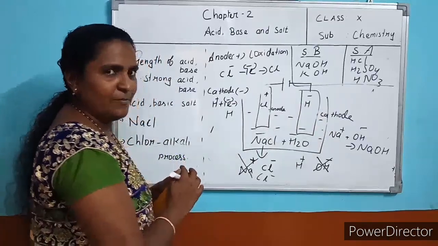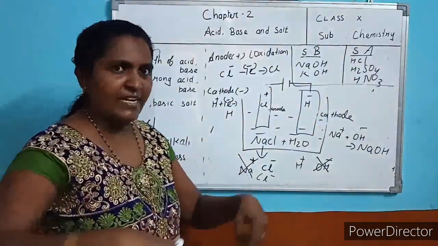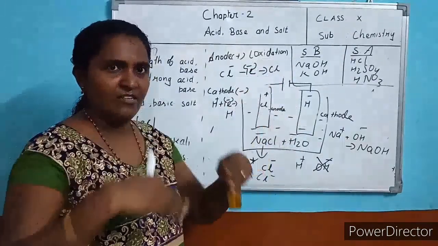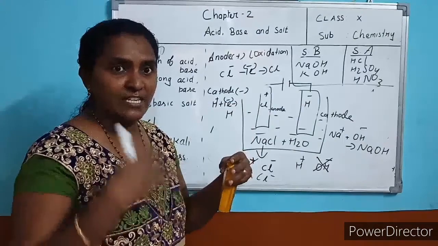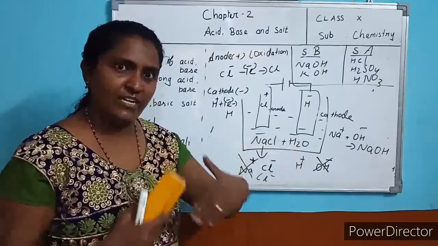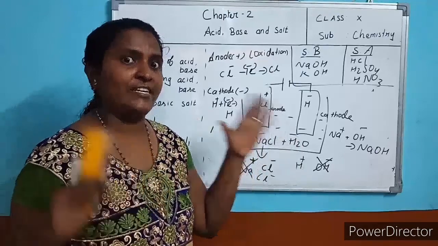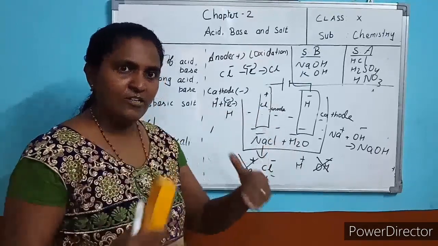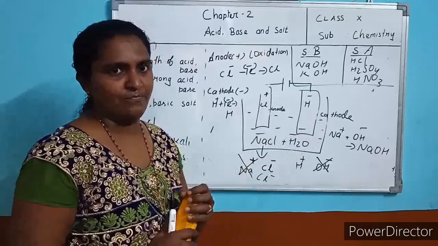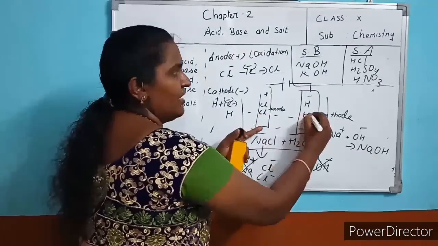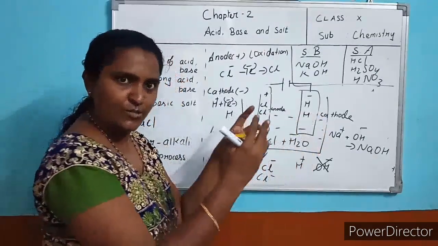Understood? It is an equilibrium reaction. And a second hydrogen and chlorine, and a third hydrogen and chlorine. Like that it keeps on going until all the reaction gets over. It will be a continuous, spontaneous process. Understood? Many ions are there. They keep on migrating towards the electrode. When the second chlorine and second hydrogen reach the electrode,